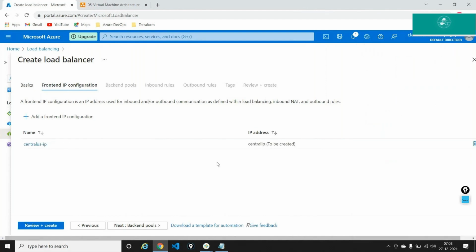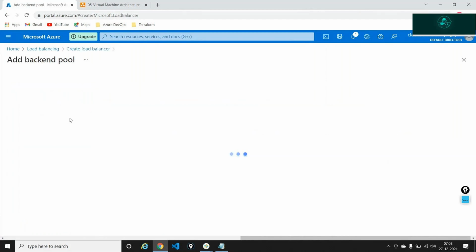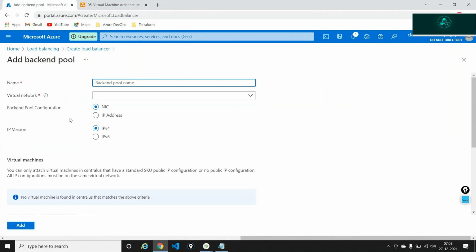Add. So this is something that needs to be created. Going forward, I'll say okay, fine. I need something known as the backend pool. So this is where I add the backend pool, where I add the servers or associate the servers in the backend pool. I'll say pool central US,